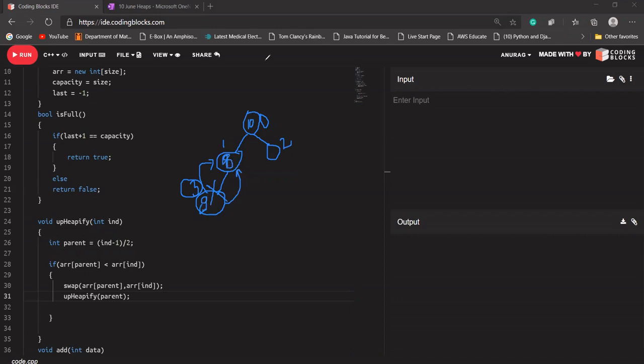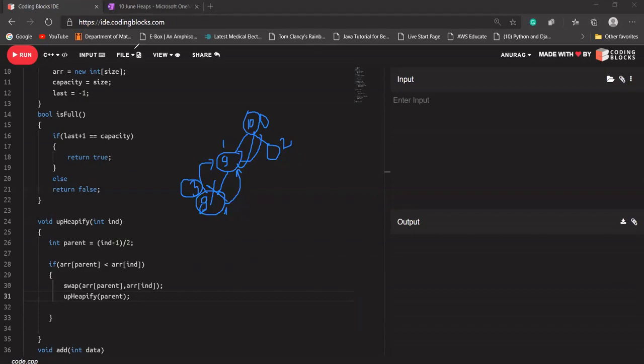Again I just need to compare it with its parent. Right now this is our ind, and this is our parent, because we have already calculated the parent of this ind using this formula. So again I call up-heapify from this, compare it with its parent again, and if this node is greater than its parent, again swap both values. That's why I'm calling this up-heapify function inside this condition.